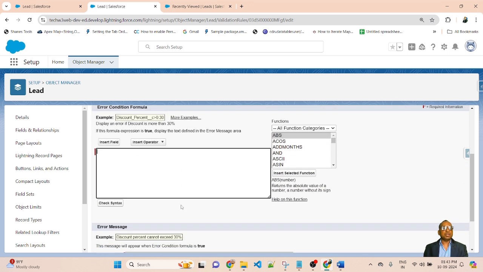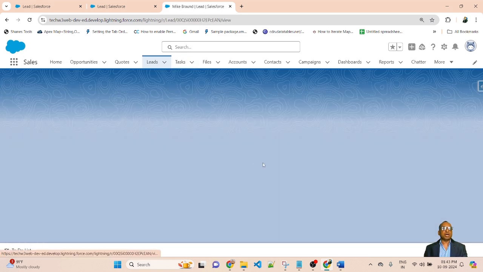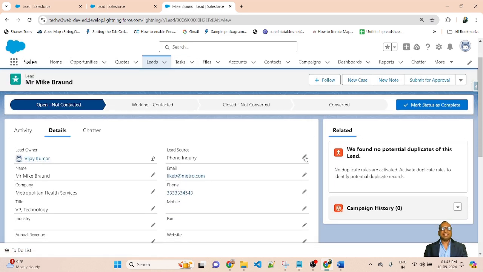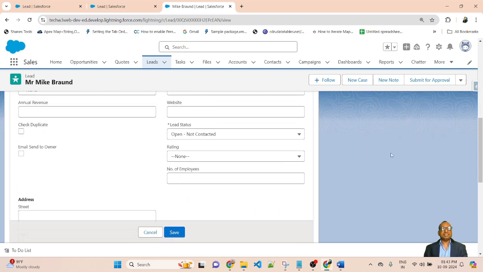Here we will find the logic. Here I will write the condition logic. Based on this condition logic, this validation rule will work. Before writing the validation rule condition, let me go to the lead where we will check the scenario. So this is a lead. Let me open one record. It is the record. So friends, as per the scenario, this is the lead status and this is the rating, both pick list values.